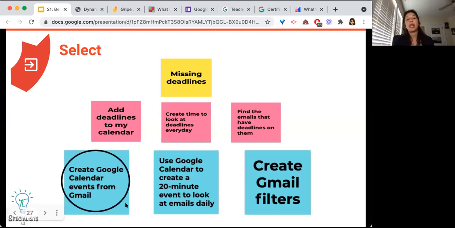So this is the strategy, creating Google Calendar events from Gmail, that I chose to address my problem. And I see in the chat, exactly, it's goal, well, framed in a different way, of course. So challenge, strategy, and tactic. Boom.